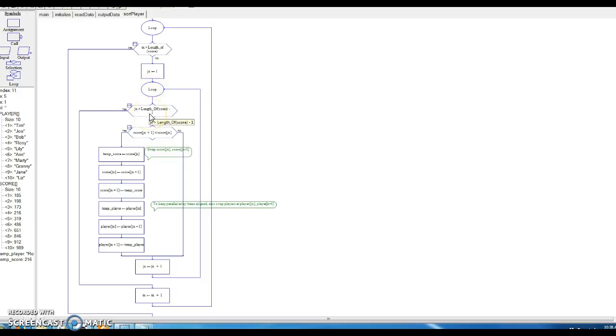Here's my continuation case, or my loop condition case, and I will loop as long as JX is less than length of score minus 1. And then down here at the bottom is my increment. So I have this loop, the JX loop, inside the IX loop, and we'll get into watching it run in a second. So let's stipulate that we have a bubble sort, and that we have an outer loop defined by IX, an inner loop defined by JX, and the business of the bubble sort happens right here, where we ask ourselves,